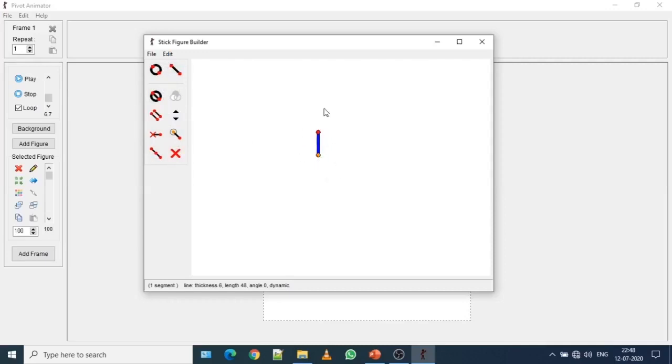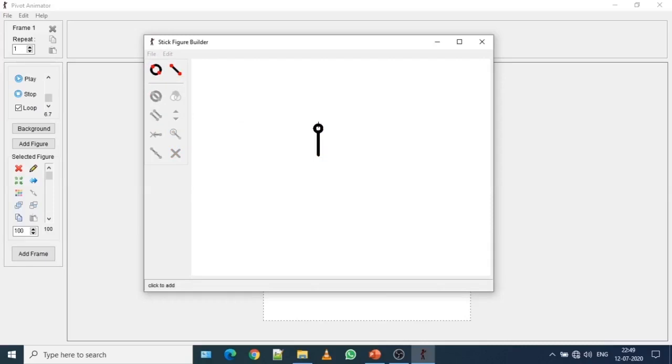So this is the base of the segment, and through this base we will join other circles or lines to create a character. As I'm going to create a human character, which is also known as a stickman, click on this Add Circle and point your circle towards this red dot.